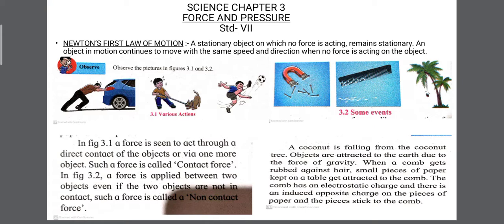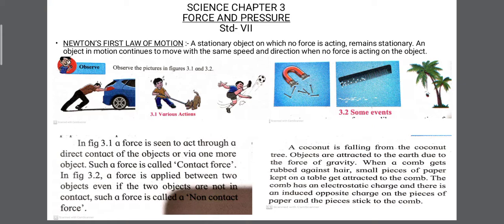Now observe the pictures in figure 3.1 and 3.2. In figure 3.1, a car moves in the forward direction when a man applies force from behind. In the second picture, a dog is being pulled by his master. And in the third picture, a boy playing football is kicking the ball away. Okay. And in figure 3.2,